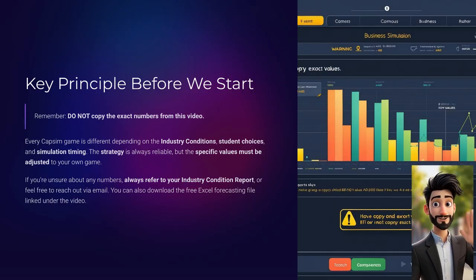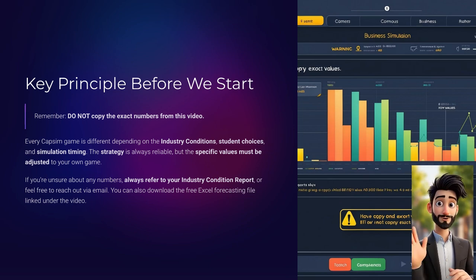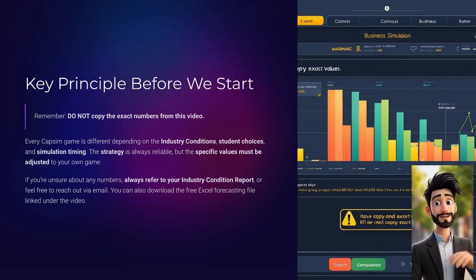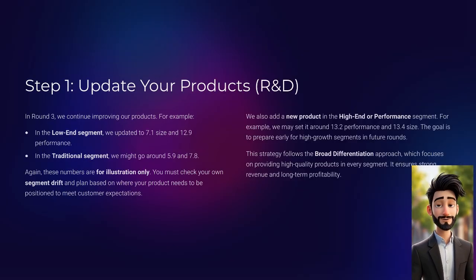Step 1. Update your products, R&D. In Round 3, we continue improving our products. For example, in the low-end segment, we updated to 7.1 size and 12.9 performance. In the traditional segment, we might go around 5.9 and 7.8. Again, these numbers are for illustration only. You must check your own segment drift and plan based on where your product needs to be positioned to meet